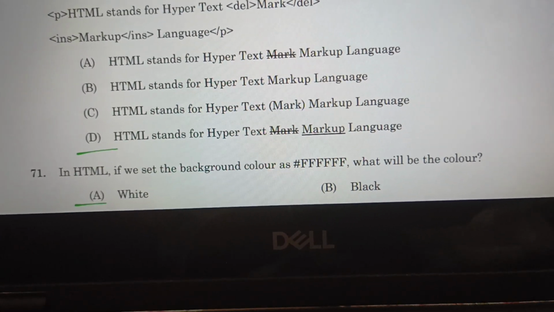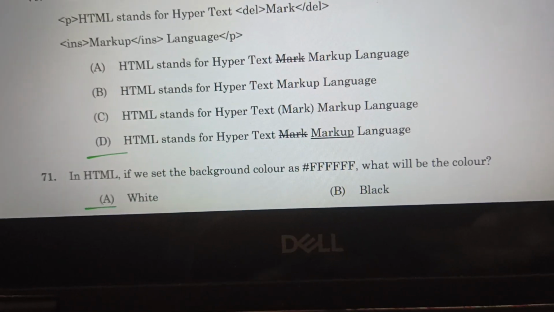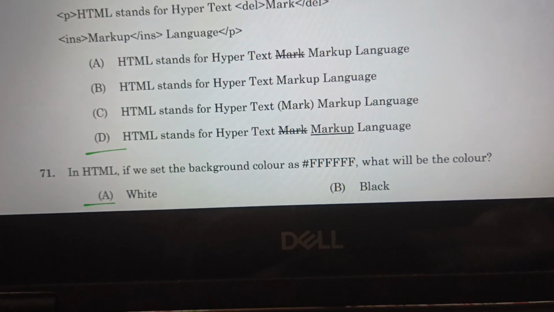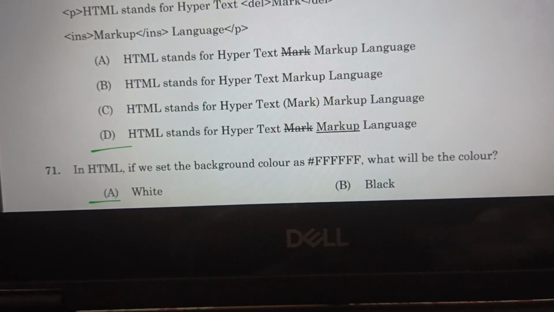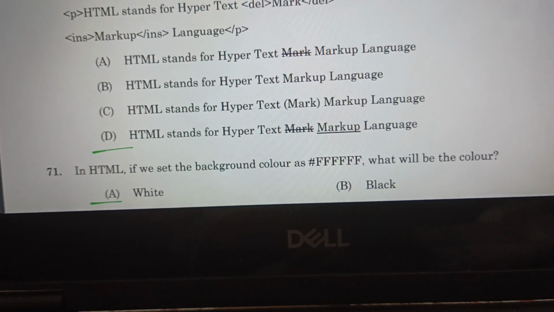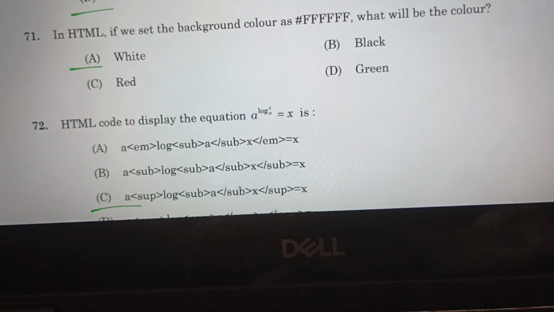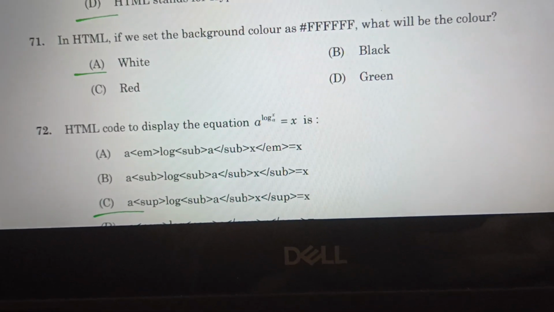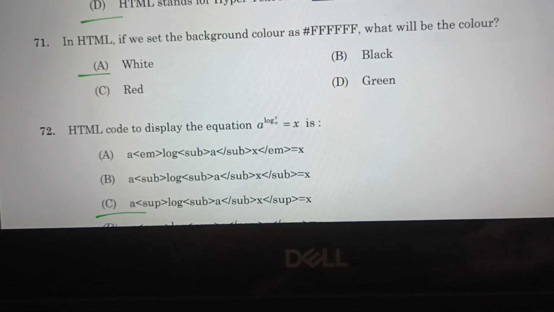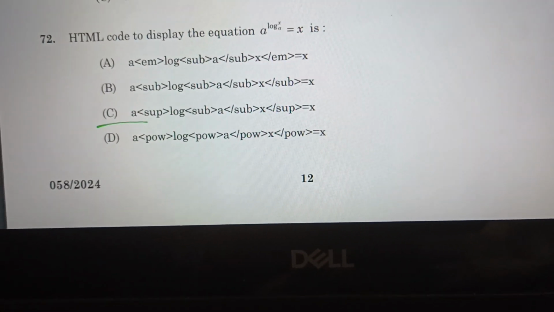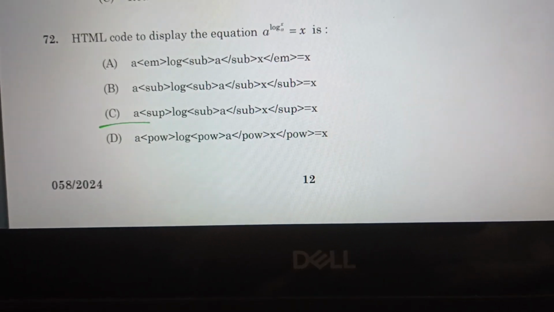What will be the output of the following? p, HTML stands for hypertext del mark /del ins markup /ins language /p. Option D ആണ് വരുന്നത്. In HTML, if we set the background color as #FFFFFF, what will be the color? White. HTML code to display the equation a raised to log x to the base a equal to x is